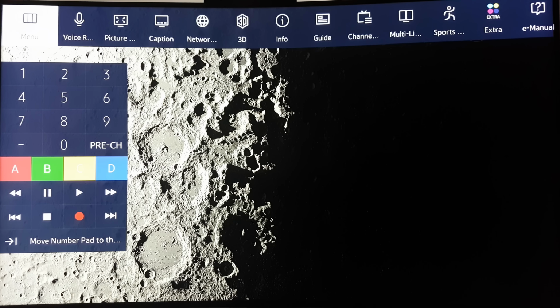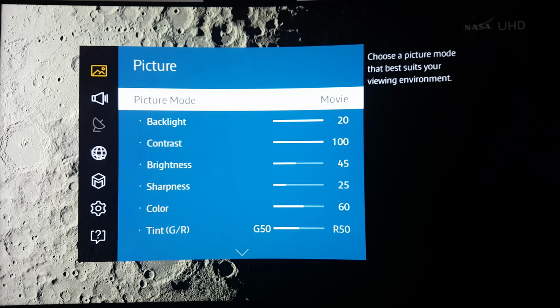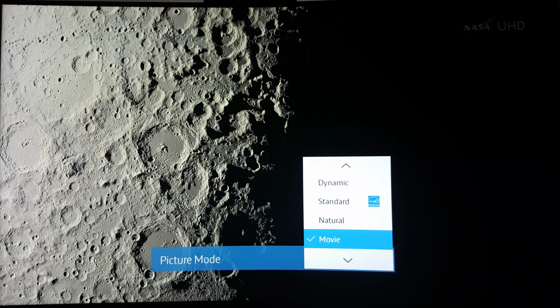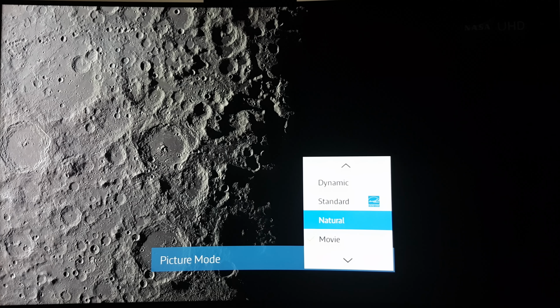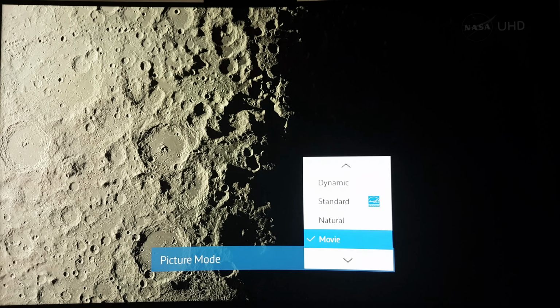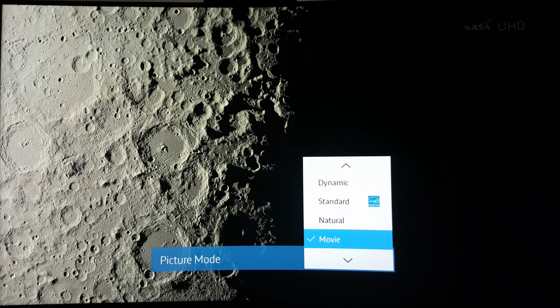So to prove that, I'm going to go into the menu here, and I'm going to switch it out of movie mode. I'm going to put it to natural. Now, it's really hard to see it coming through YouTube, but as I switch to natural, I'm missing a lot of detail on the blacks on this side. The other half of the moon is not as bright, it's not as detailed. Now, when I switch it back to movie, all the detail comes back out. Over on this side, I can see more black details, like the potholes in the moon on the other side that's dark. Unfortunately, on YouTube, you're probably just seeing black on that screen because it just can't pick it up,